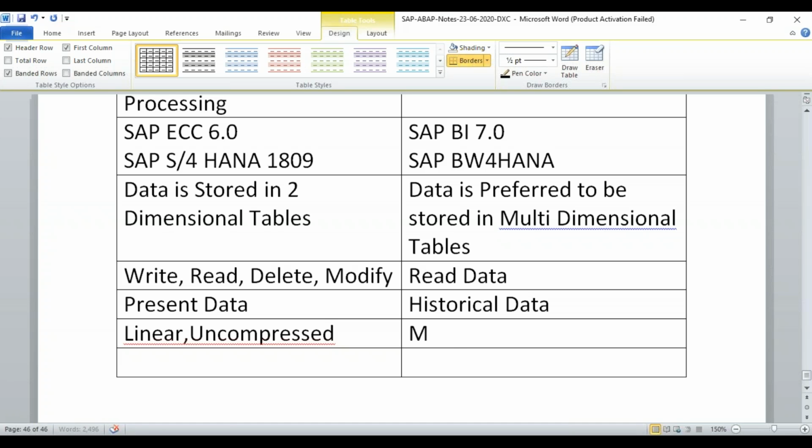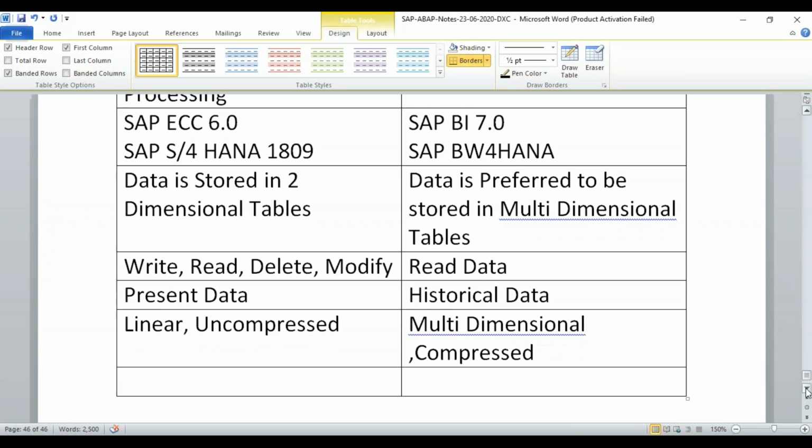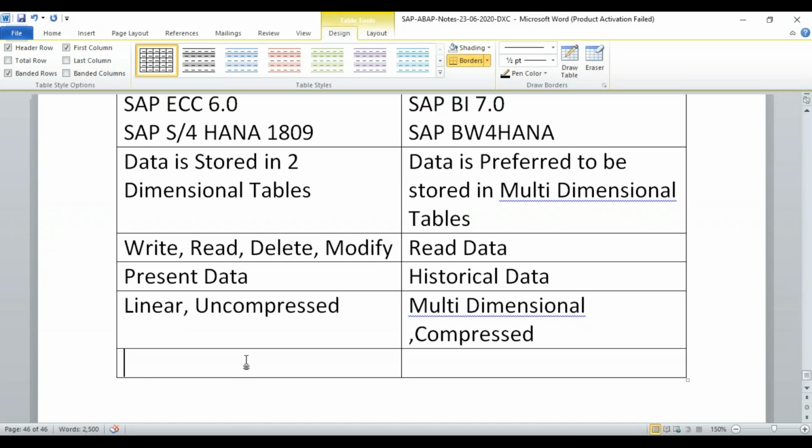Here it is multi-dimensional and compressed. Now here this is linear and uncompressed. Here the data will be stored for, let's say, 2 to 3 years. After 2 to 3 years, there is no need of